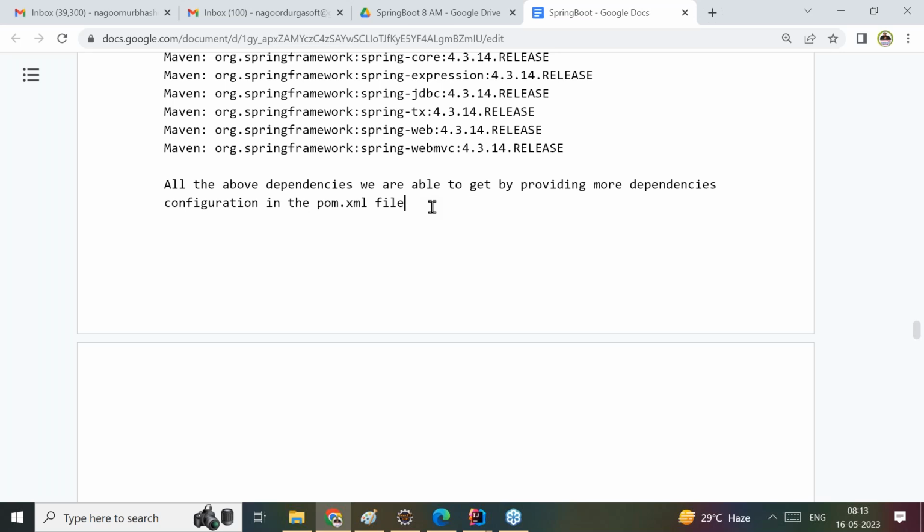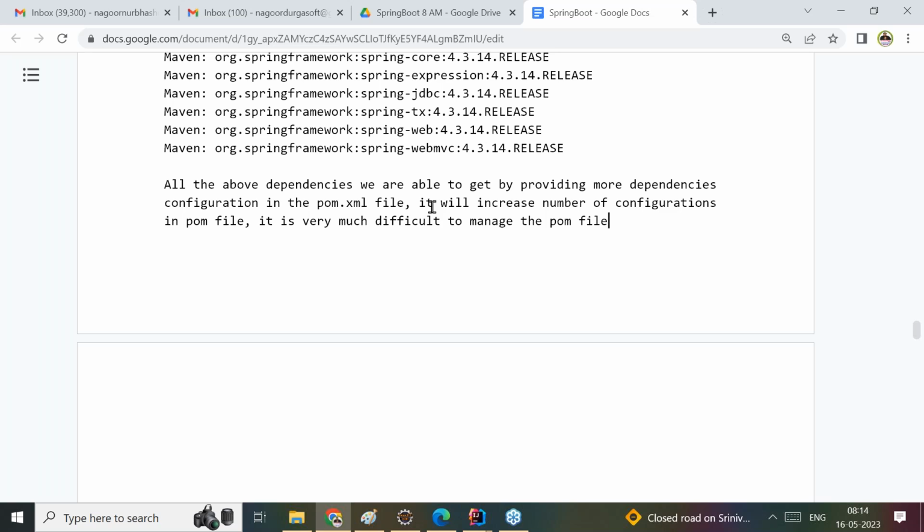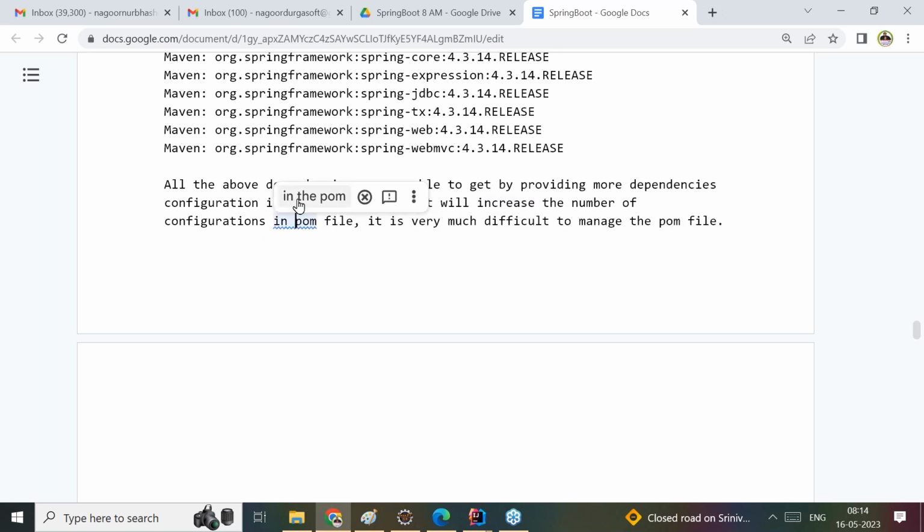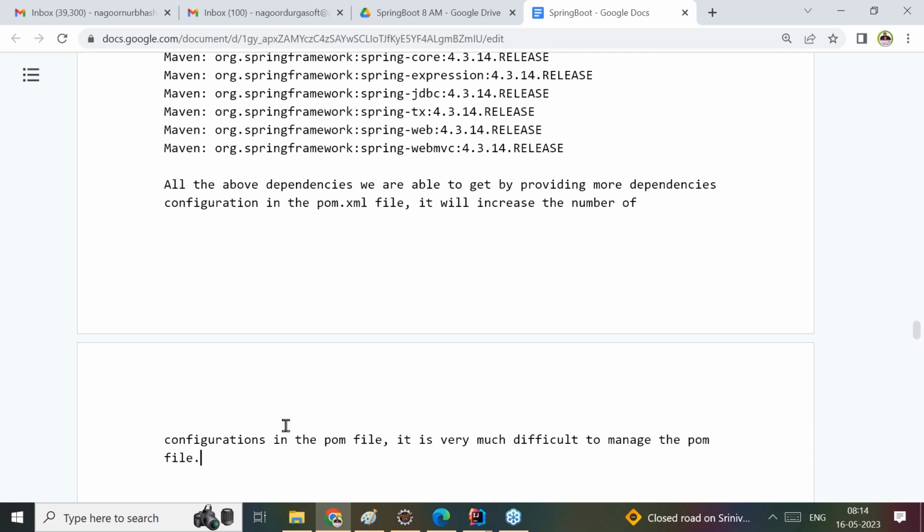Then apart from this, it will increase the number of configurations in the POM file. When we increase the number of configurations in the POM file, it is very difficult to manage the POM file with all this content. It's not suggestible. As much as possible, we have to reduce the number of dependencies and configurations